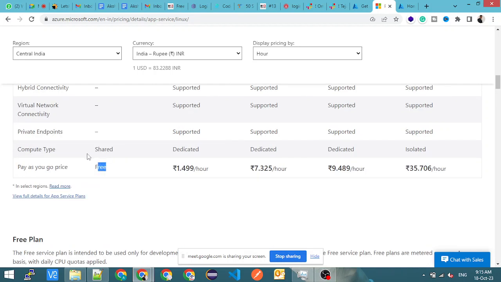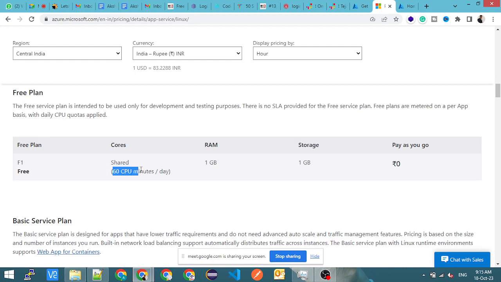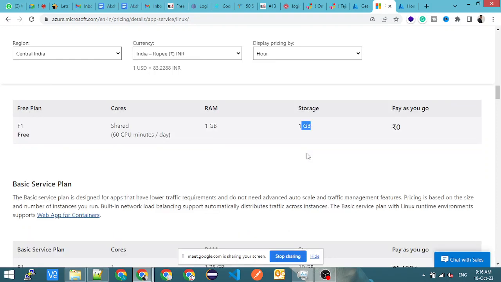Pay as you go is free, so we will use it. The VM that they have provided for the free tier is a shared VM, so that's absolutely fine for now. The free plan gives you 60 CPU minutes per day. I don't know what exactly it means, but it is very limited access basically. RAM is 1 GB and storage is 1 GB. Of course, that is what I have mentioned, if your storage is more than 1 GB, then you cannot